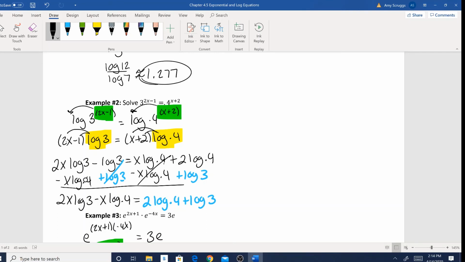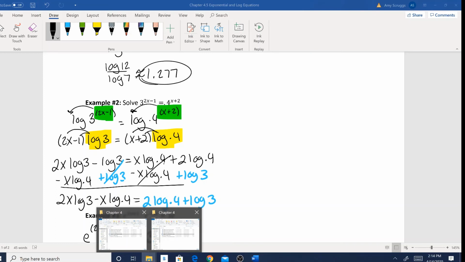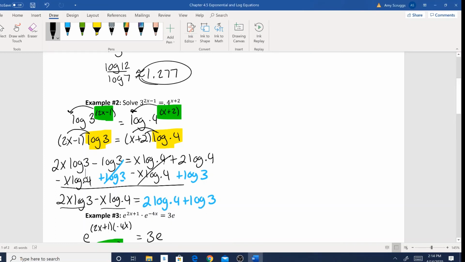As much as I would love to be able to combine these two terms right here with the x's, it's not possible. But what is possible is, since both terms do have an x in them, we can factor an x out. Okay, so I'm going to come over here and finish my problem on the right side. If I factor an x out of those two terms on the left there, that's going to leave me with x, and then remember, you have to put this in parentheses,